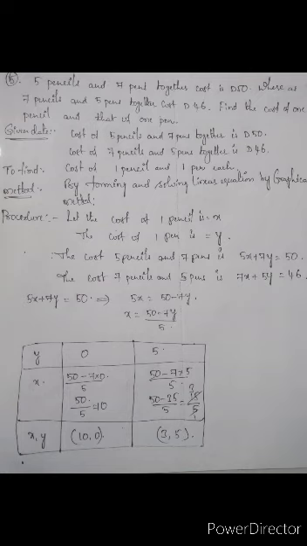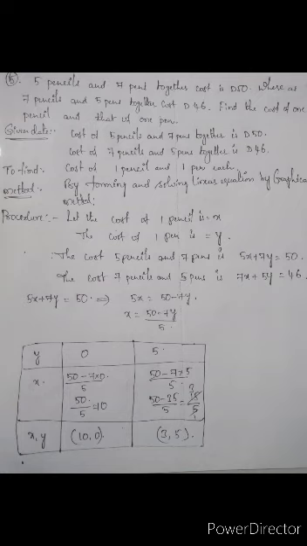So I took the first equation, 5x plus 7y is equal to 50. I want to find 5x, so 7y will be transposed, then it becomes 50 minus 7y. So x is equal to, I want x only, this 5 also is transposed to the right side, then it becomes (50 minus 7y) by 5. So to get the exact multiple of 5, I took 0, y value is 0. Here x depends on the y value, that's why I first took the y value as 0.